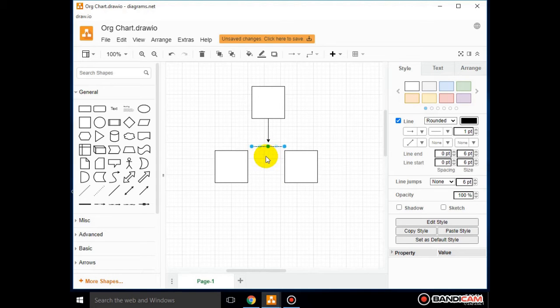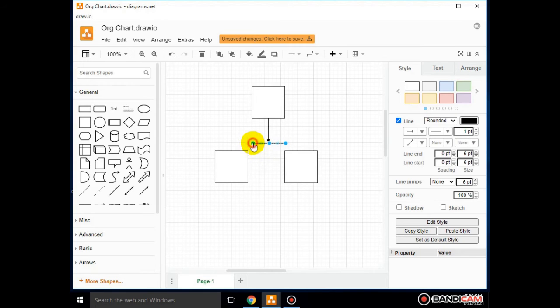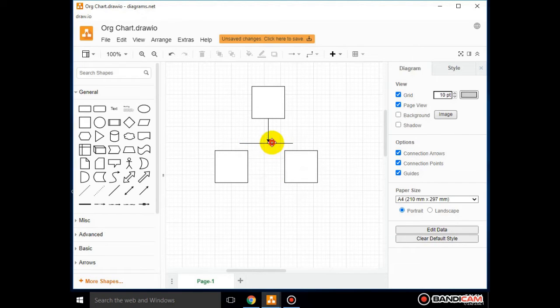You can move the line by using the left and right arrow keys. You can connect it on both sides. If you want to give any text inside the boxes, use the text tab.